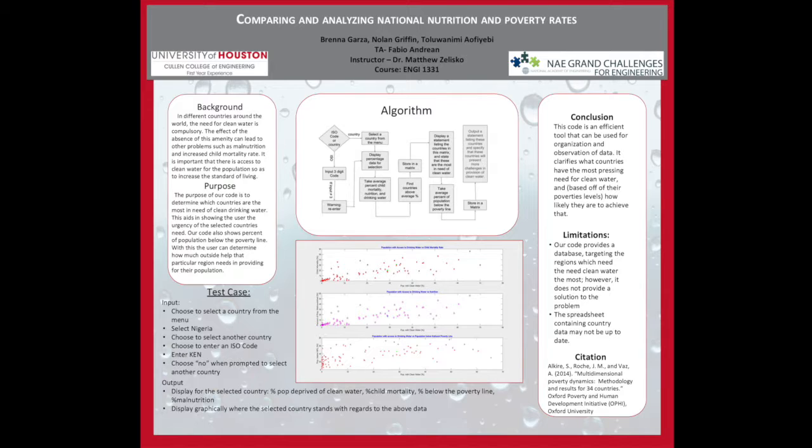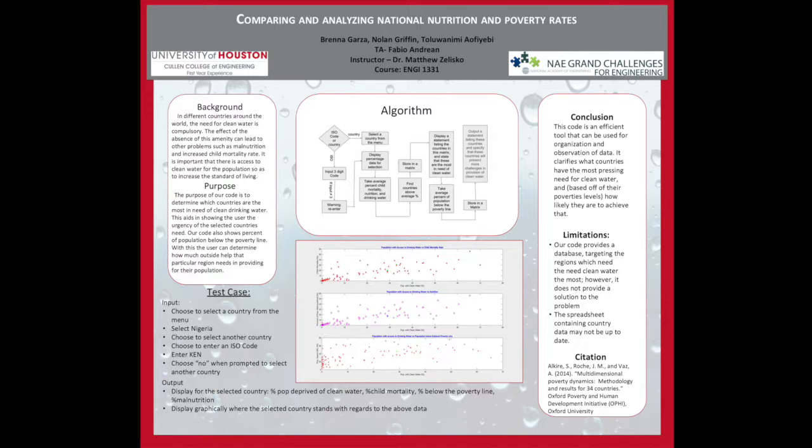A typical example of how our code will be run will be to select a country. The menu asks the user if you'd like to select a country or enter an ISO code. So I'm going to select a country, and I'm going to pick Jamaica from my menu. After I pick that, our code displays a graph that shows the population